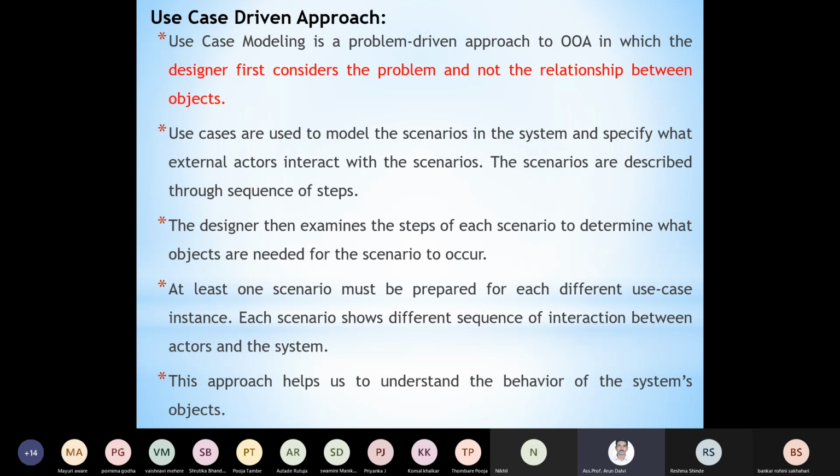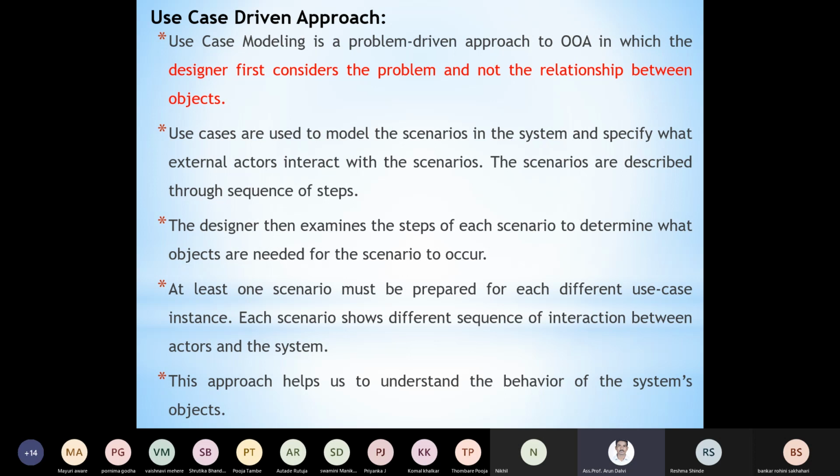That means the designer has to examine the number of steps. There are several steps for that system. As we are considering the employee management system, there are several steps or several departments or several use cases for that employee. At least one scenario must be prepared for each different use case instance. Each scenario shows a different sequence of interaction between actors and the system.